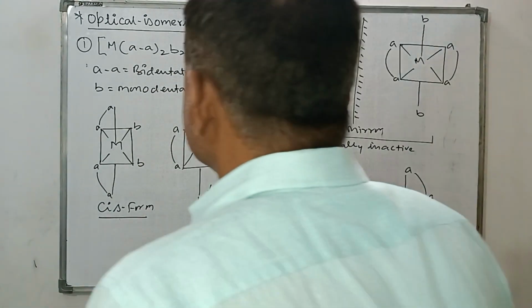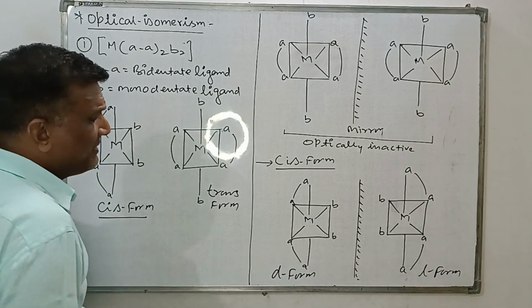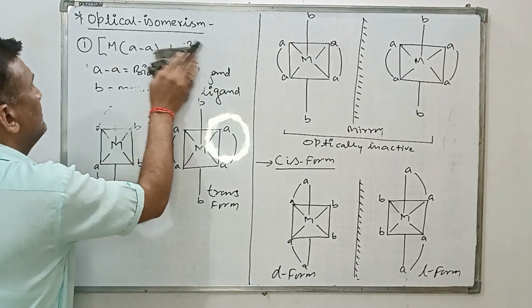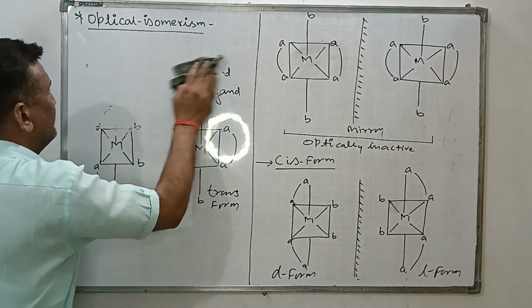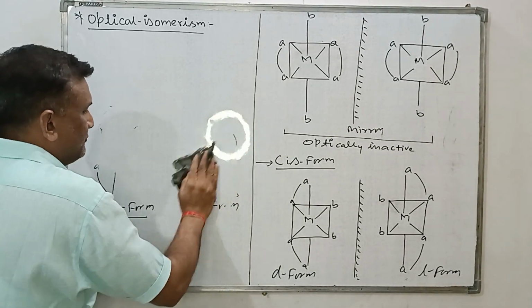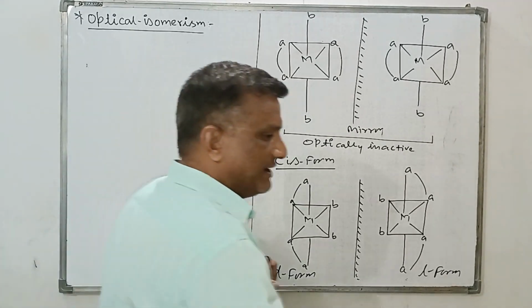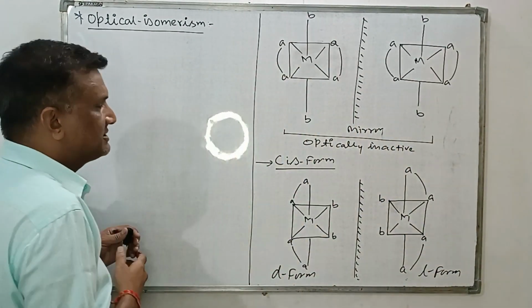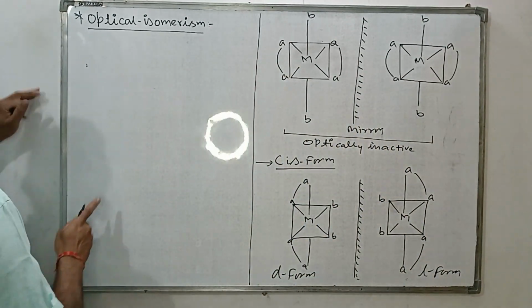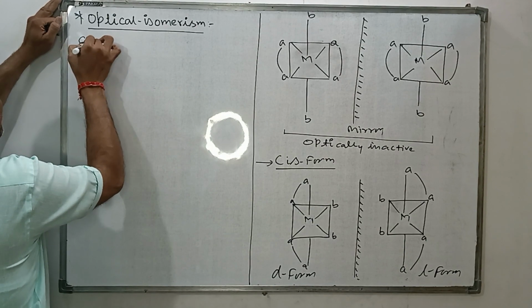Now it's time to discuss the example regarding [M(AA)2B2]. Now you can form both of the two isomers, D and L. Listen to me carefully. We'll take the comparison with this structure. So as an example, we can take